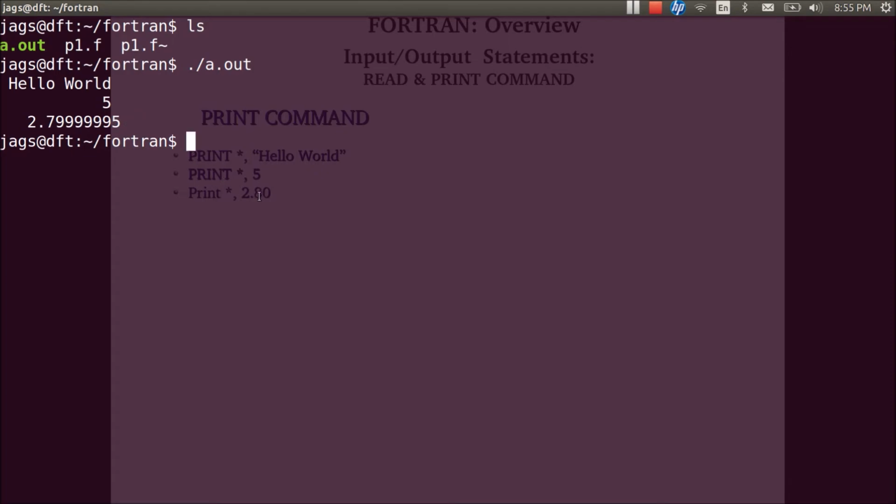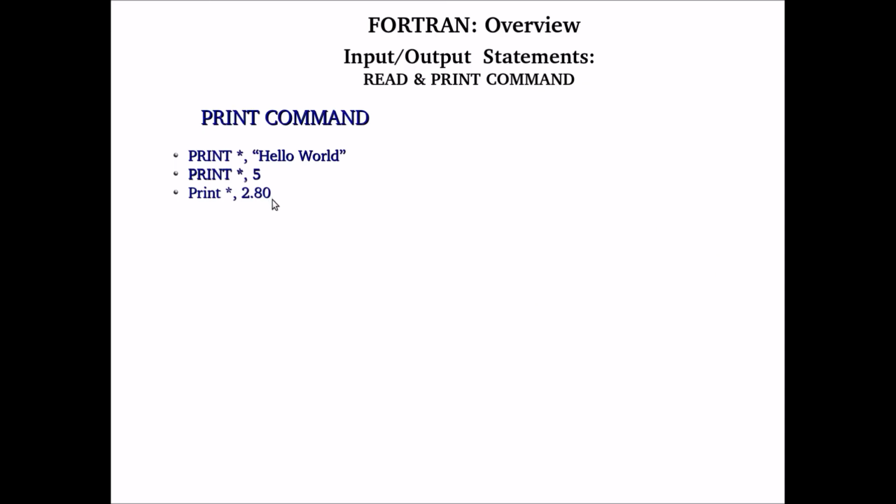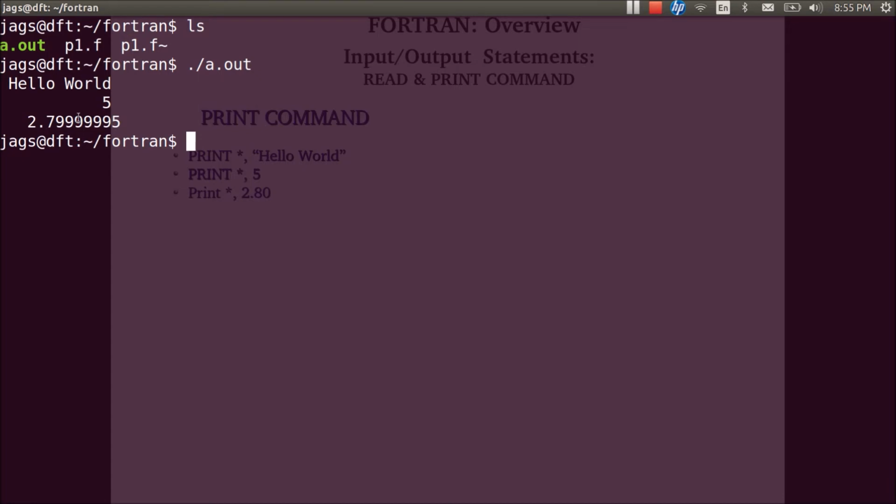It is close to 2.80 as you can see, but it is not exactly 2.80. This is because of round off errors in the computer. I mean, this is not even round off, this is because of